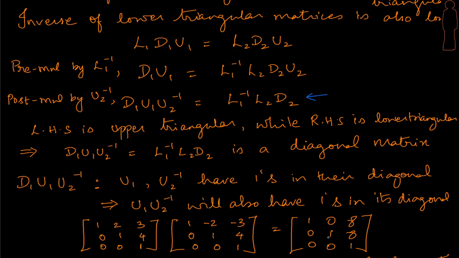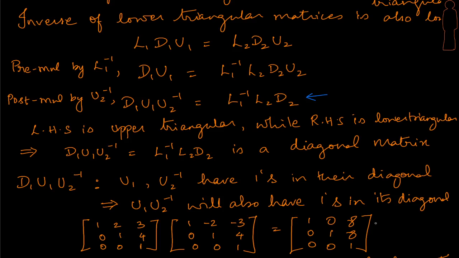The second column of this product comes from the combination of these three columns using the elements from the second column of the second matrix. So it's going to be minus 2 times the first column, so it might produce something here. 1 times the second column, it might produce something here, and they may get added to give something, but the point is there can't be any change to the 1 that's going to come in the 2 2 position.